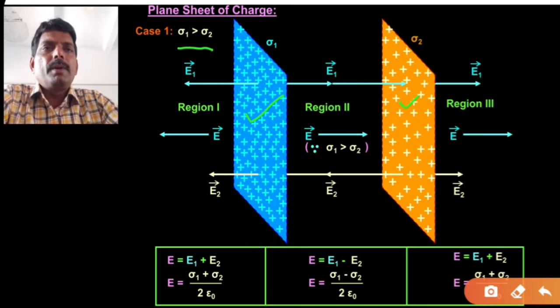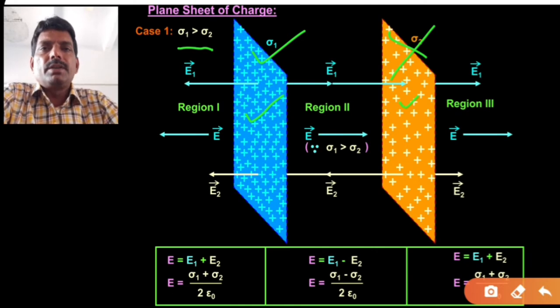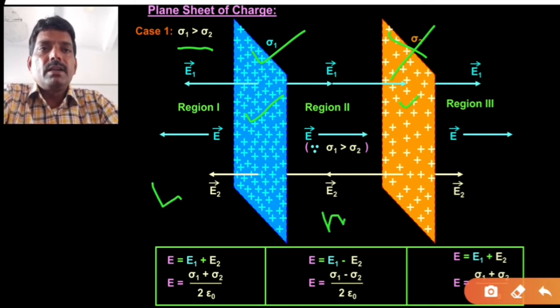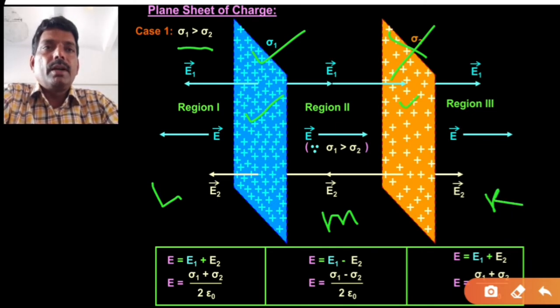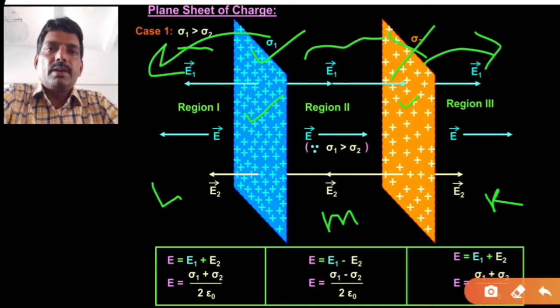Now for a moment I will forget this sheet, or I will remove this sheet, and I will try to draw the electric field intensity due to this sheet which has positive charge. So its direction, and I have made the regions, that is, here the 3 regions: this is the left region, this is the middle region, and this is the right region. According to this sheet this is the right one, according to this sheet this is the left one, and this one is the middle portion.